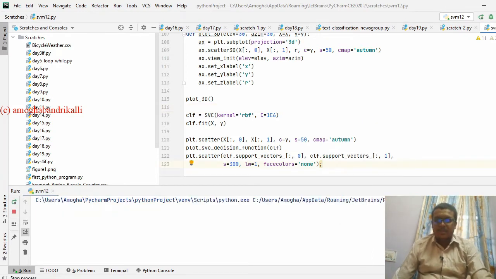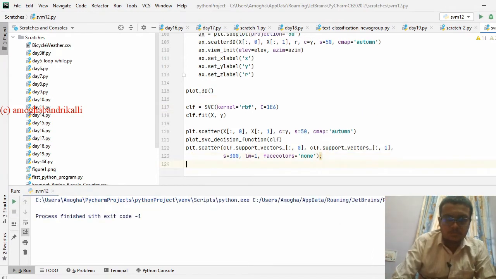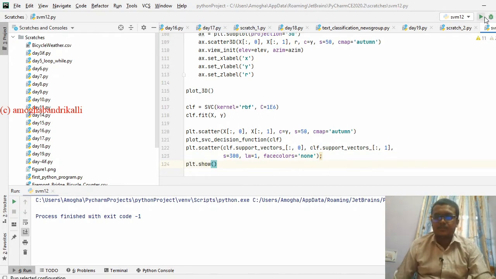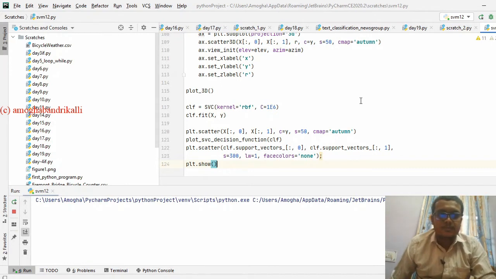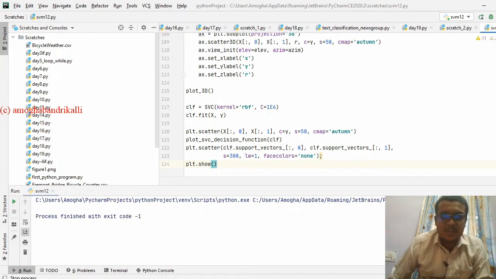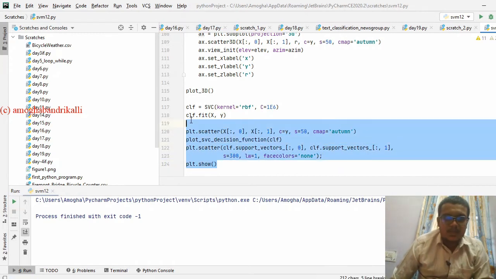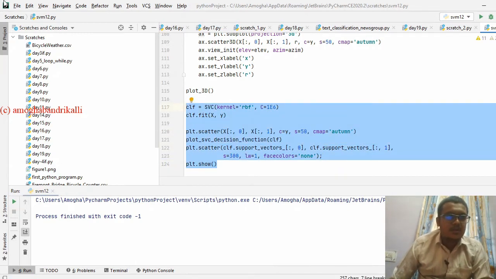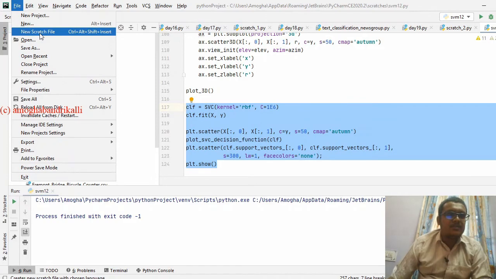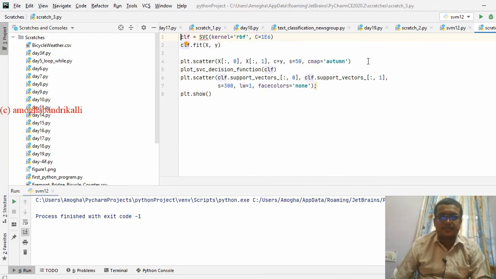Okay, I've forgotten to write plot.show. It may take some time, so instead of running everything, we can execute this in the next file so that it takes less time.